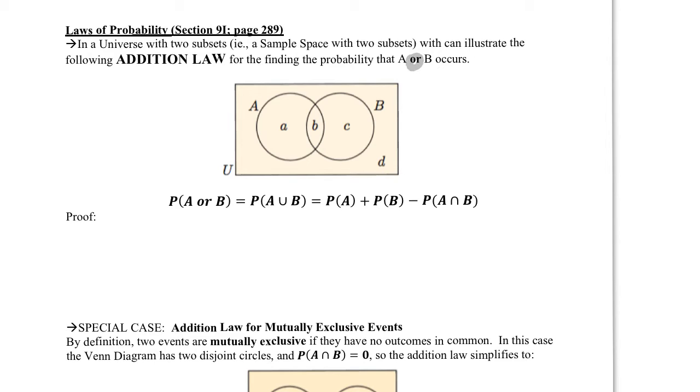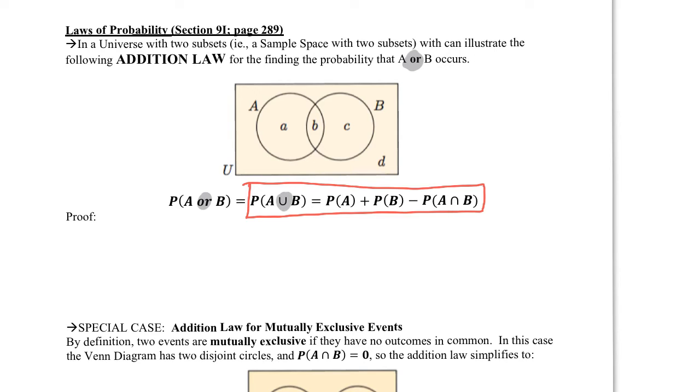The word "or" is an important part of understanding probability, A or B. In the sets chapter, you saw that "or" was associated with the union symbol. So in the laws of probability, the probability of A union B, or A or B occurring, is equal to the probability of A plus the probability of B minus the probability of A intersection